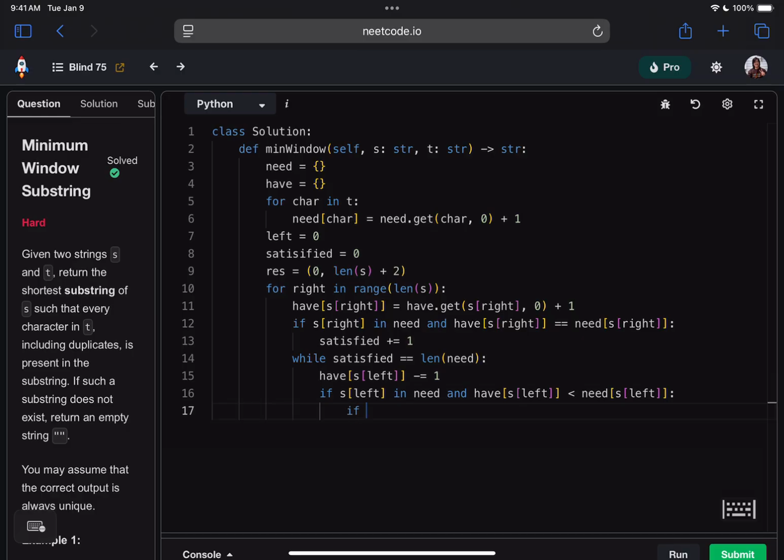So if right minus left plus 1. So again, this is the length of the string, right? So if the length of the substring that we're looking at right now is less than the length of this substring, whatever was stored in res before. So I'll say res 1 minus res 0